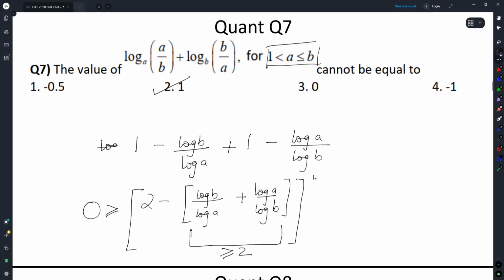Again, can you see, just like slot 1 paper, the entire processing here is limited to opening up the log terms. As long as you open it up, somebody might have trouble with this. So I will write it down this way.